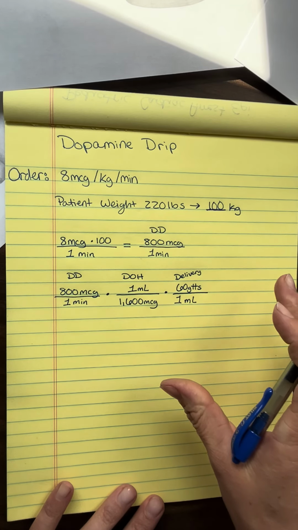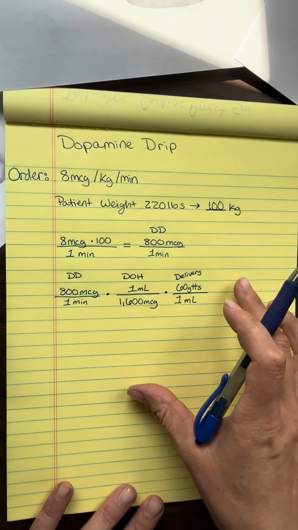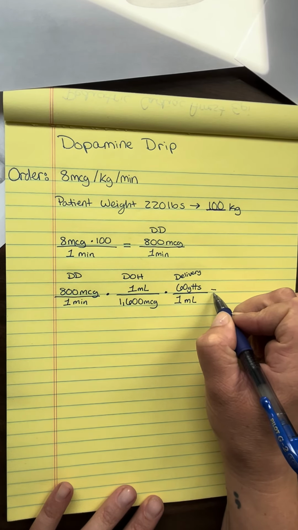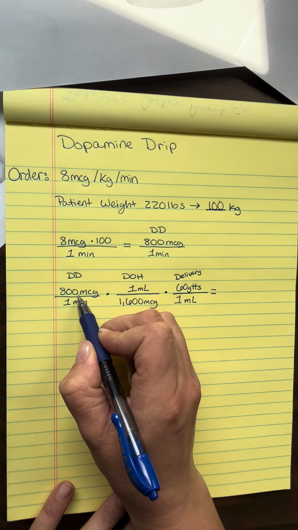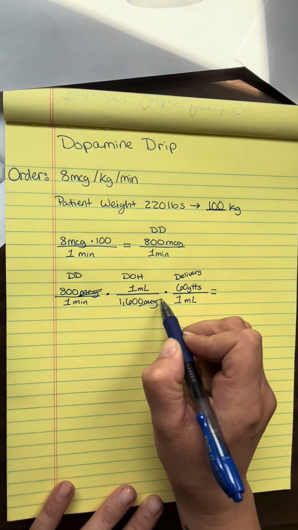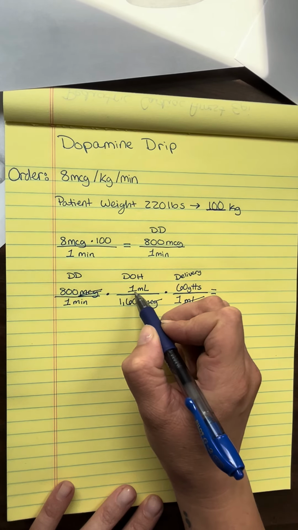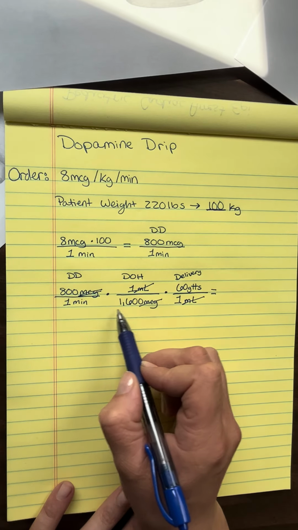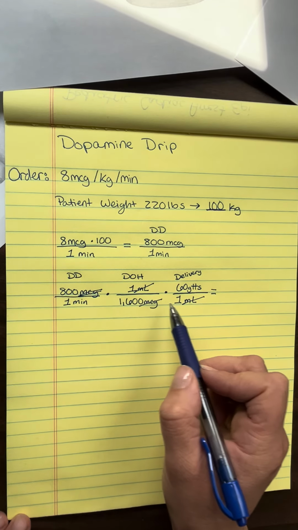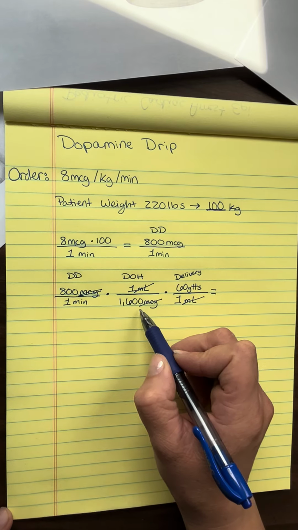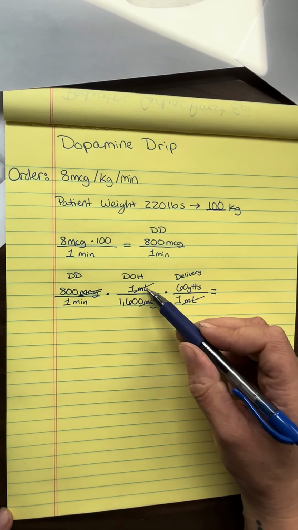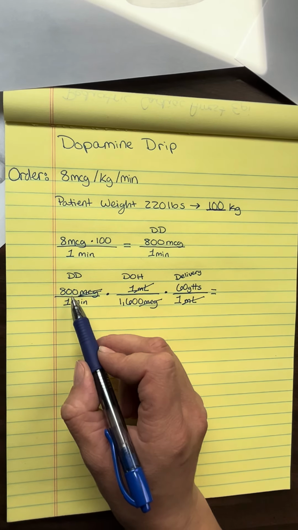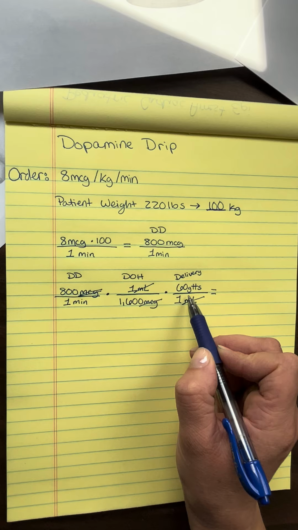So I'm going to go ahead and solve this the way it is, and that's going to give me my answer in minutes. Okay, so I'm going to cross cancel. I don't need my micrograms anymore. Cross cancel micrograms. Cross cancel milliliters for milliliters, so I'm left with drips over minutes. Okay, so all the numerical values are still active, but the units themselves are what gets cross canceled, as long as they're like units. So 800 times 60 is going to give me